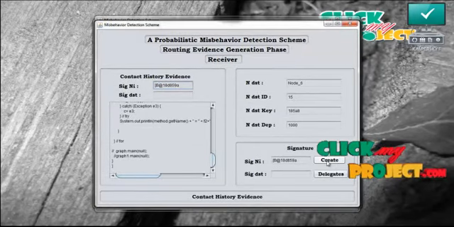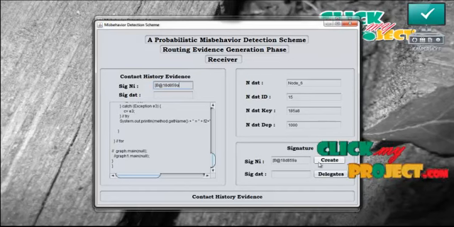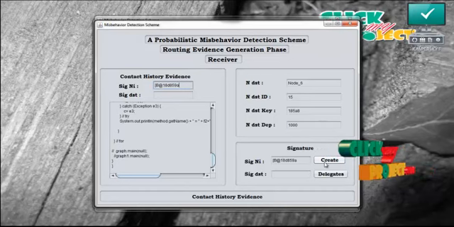If the intermediate sends the data to the receiver before the timestamp, then the receiver gets the data, and then the receiver gets the signature of the intermediate. Now press create.